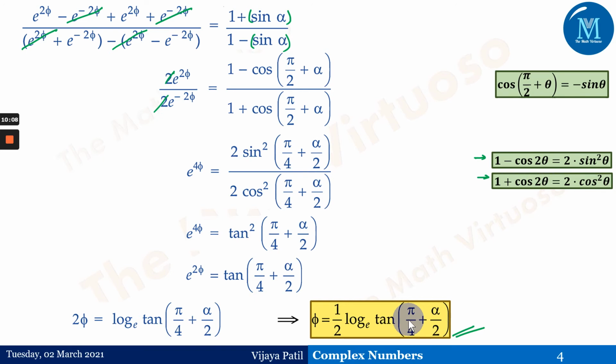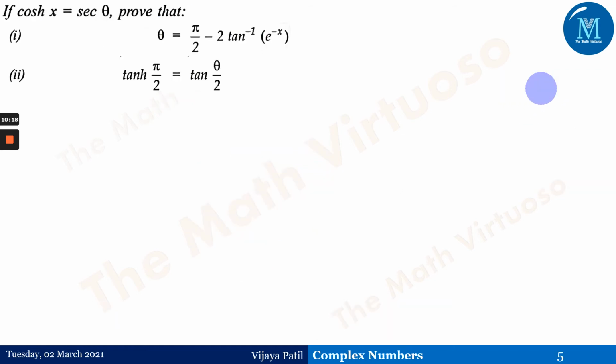This is a different kind of example and a very unique idea, you can say. Most of the time we are going to use the trigonometric formula and the angle formulas and all. Okay, one more thing we'll be going ahead with. This is almost a similar type to the theta we have done, but this is a little different. Let me just explain this. So this is given to us as cos hyperbolic x is sec of theta. Let us start the example with this part, that is, this is what we are assuming.